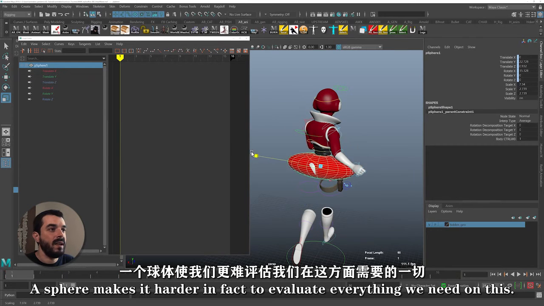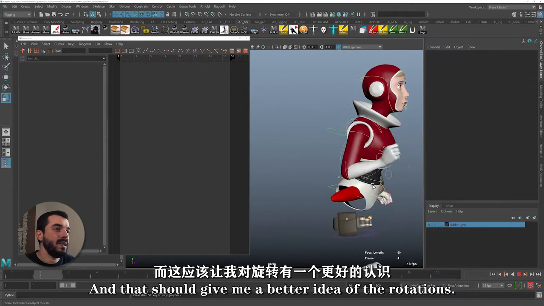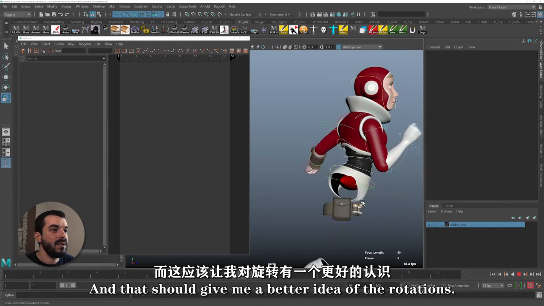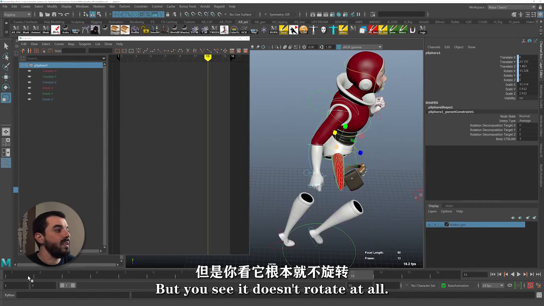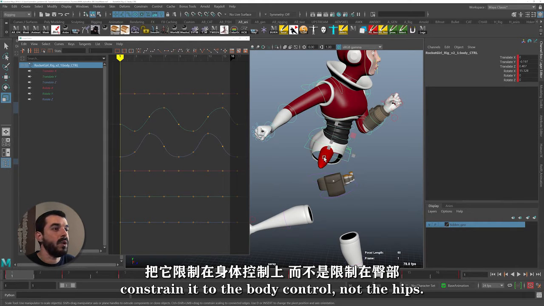A sphere makes it harder, in fact, to evaluate everything we need on this. So maybe I will just elongate it as much as I can. And that should give me a better idea of the rotations. But you see it doesn't rotate at all. The reason why it doesn't rotate at all is because, remember, we constrained it to the body control, not to